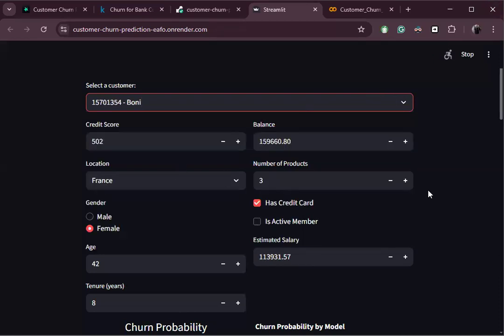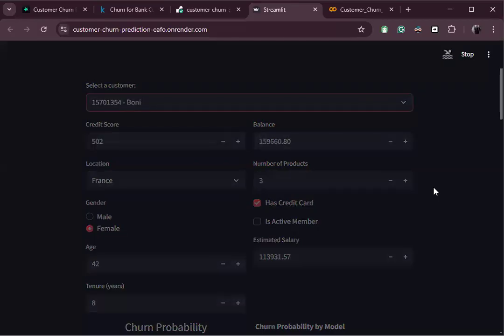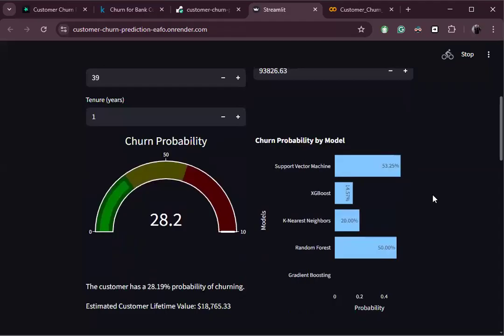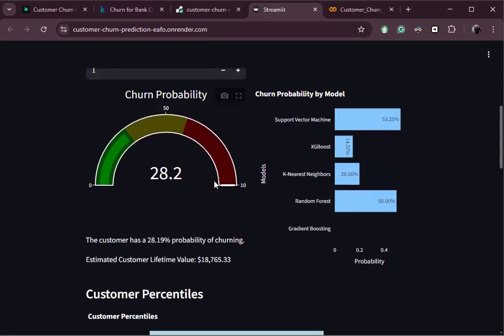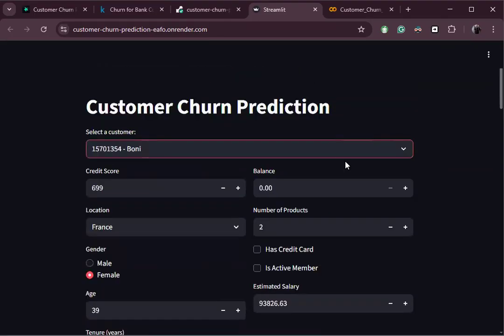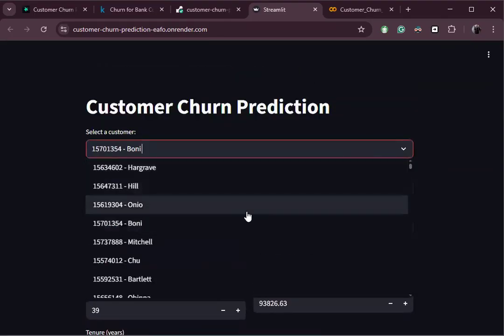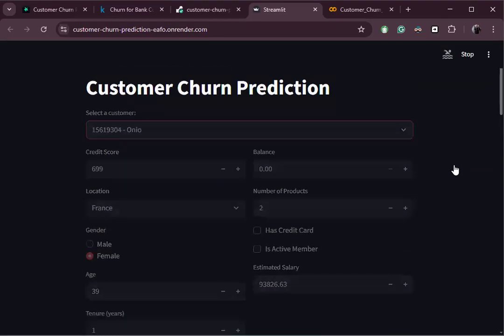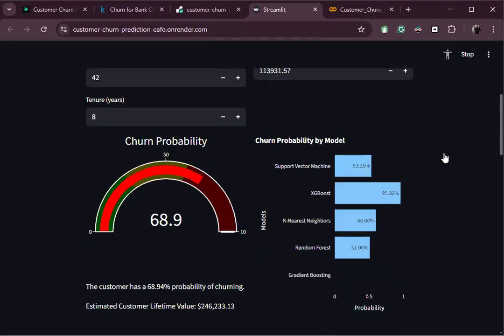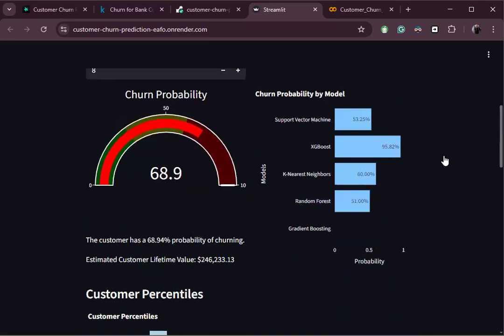say Bon. Once you choose a customer, a gauge chart shows the churn probability. So the churn probability for this particular customer is 28.2%, which is relatively low. So let me choose another one, which might have a higher probability of churn. Yes, Unio has a really high probability of churning,